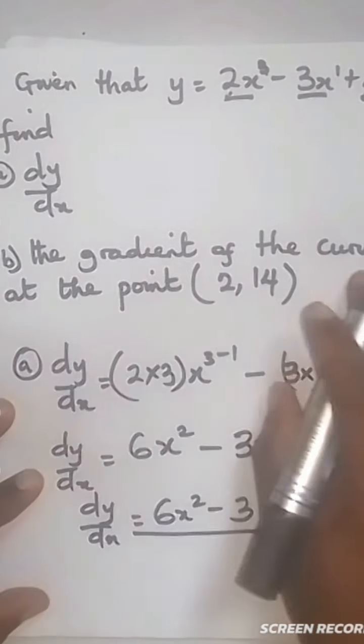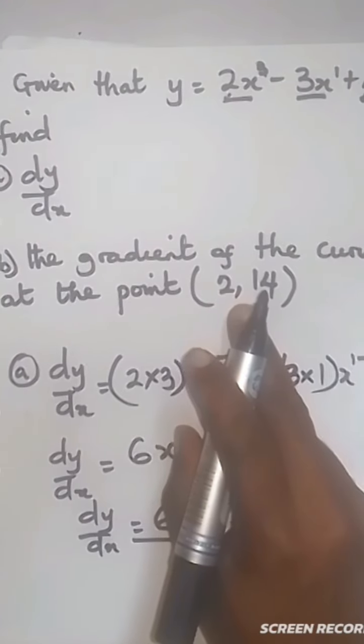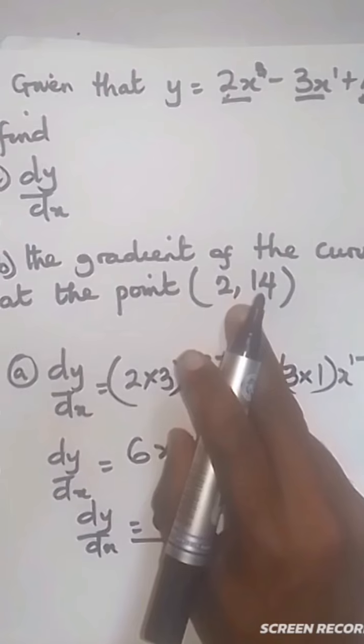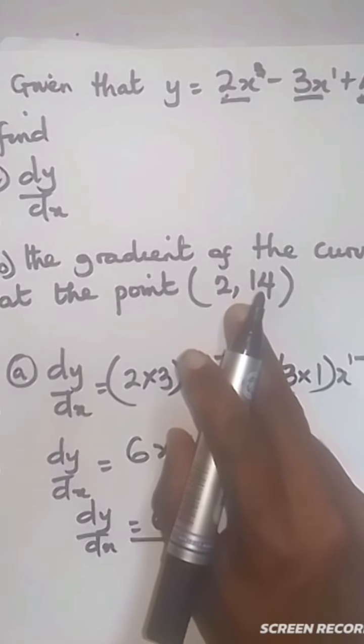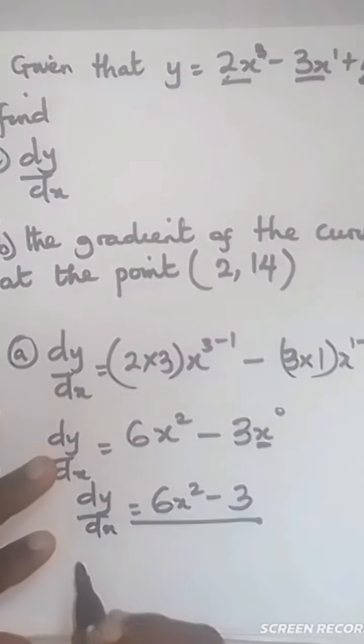Now, the gradient of the curve at the point 2 and 14. So how do we solve that question? If you are asked to solve for the gradient of the curve at the point 2 and 14, because we are not drawing a graph, to solve that, we just say dy